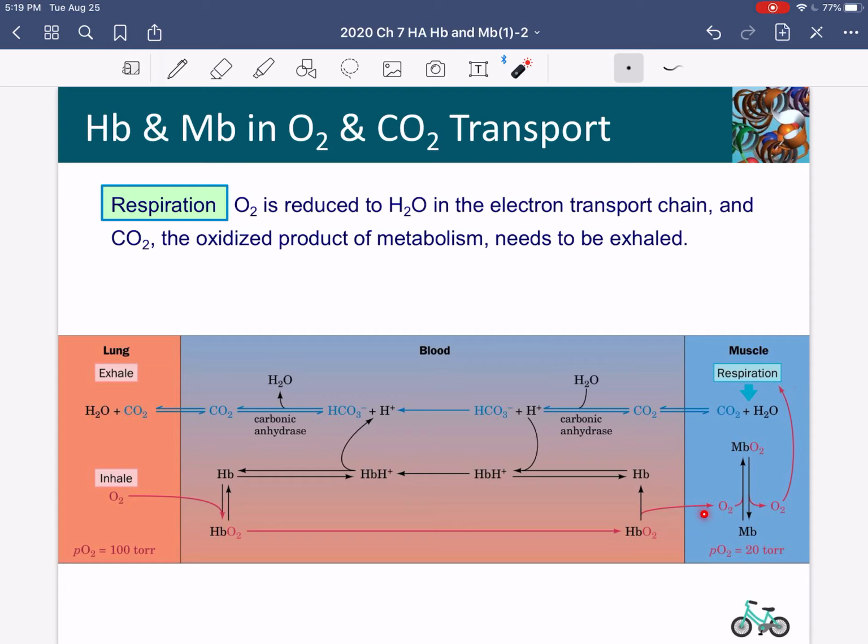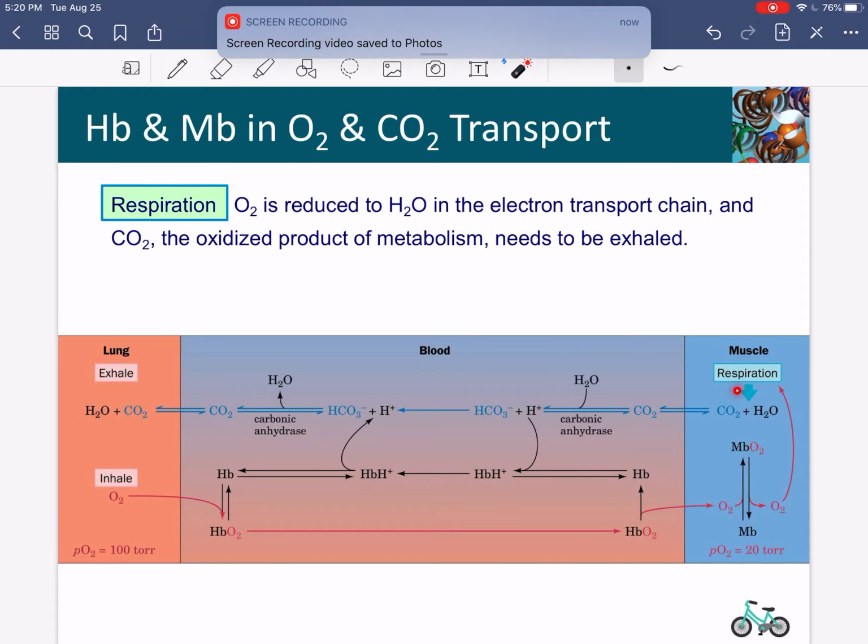Once in the tissues, in this case the muscle, we're looking at the muscle tissue over here in blue, the oxygen is let go thanks to the metabolically active muscle tissue, the Bohr effect, the protons, which is happening up here, we'll get to that in a minute, convert oxyhemoglobin to deoxyhemoglobin. The oxygen gets picked up by myoglobin, and myoglobin is going to hold on to that until stress, right? Fight or flight, and then it will let go in the muscle.